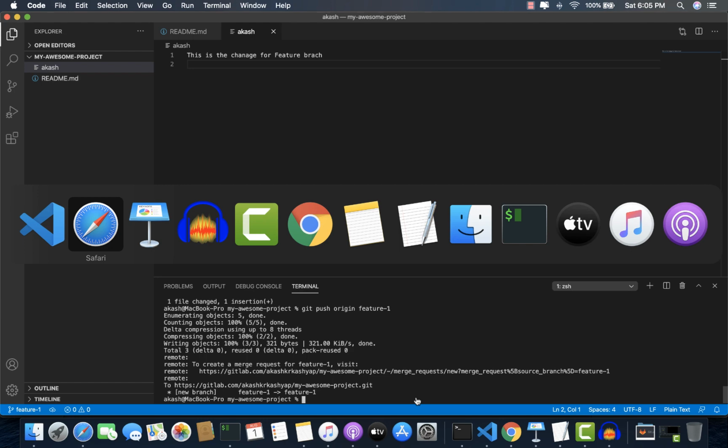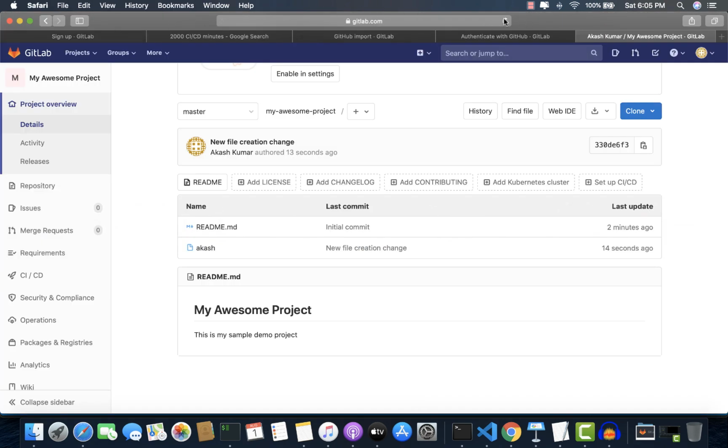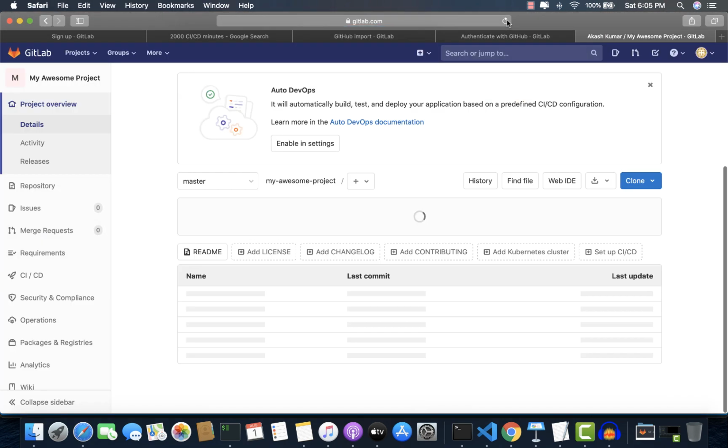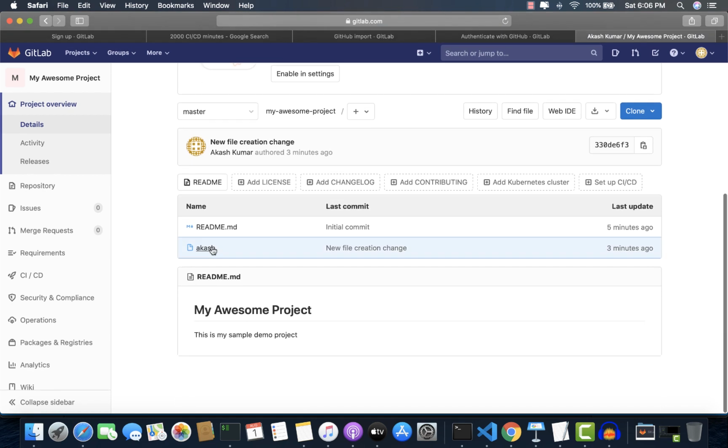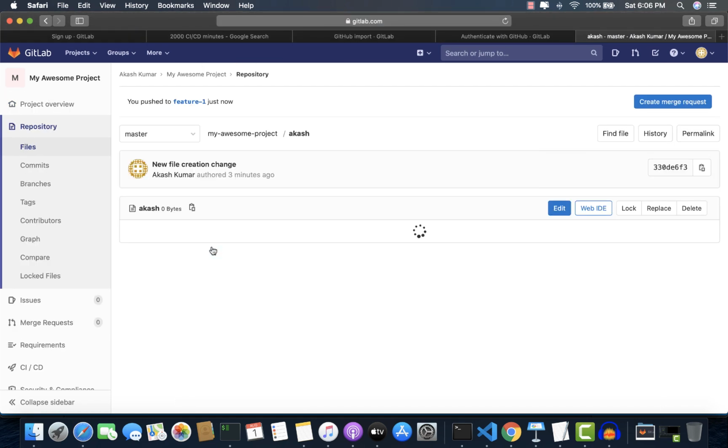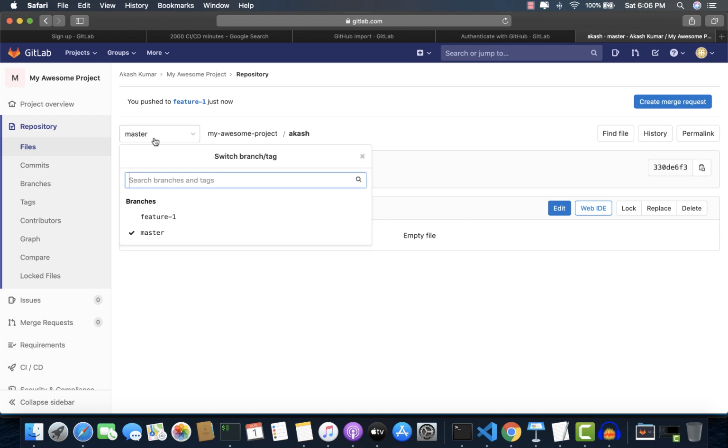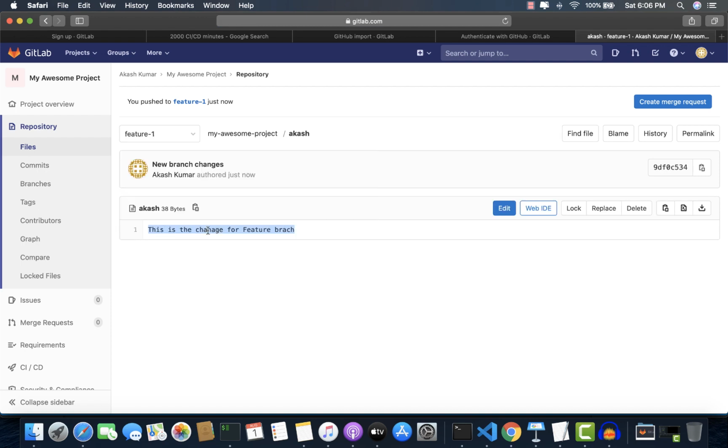Okay, so if you go back to GitLab now, you can see over here that we have a master file, and in this particular file there are no changes, but when we change to the second branch, that is feature 1, this is a change for feature branch.